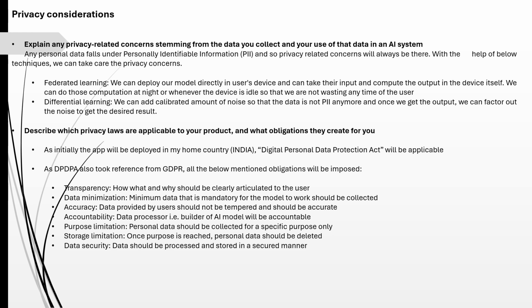And coming to the privacy concern, maybe we can have federated learning so that we can directly make the data available on the user mobile or user device, and we can train the model directly in the device itself so that we are not taking out any data or user related personal identifiable information from